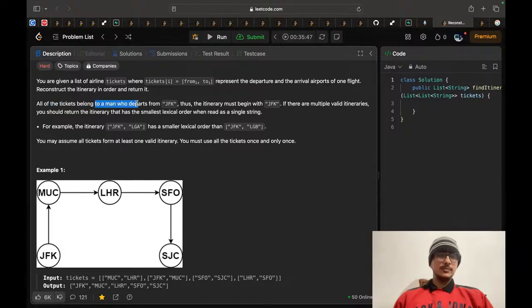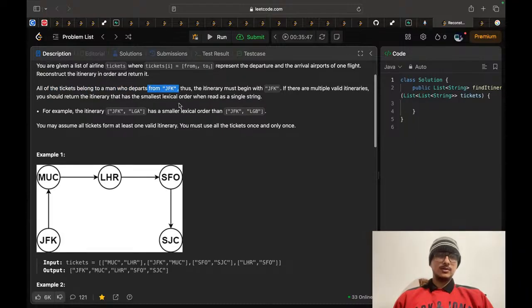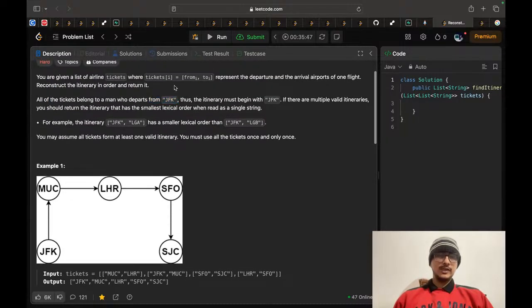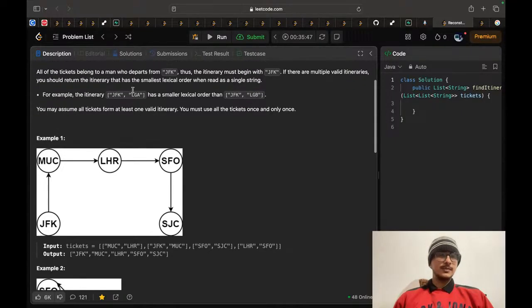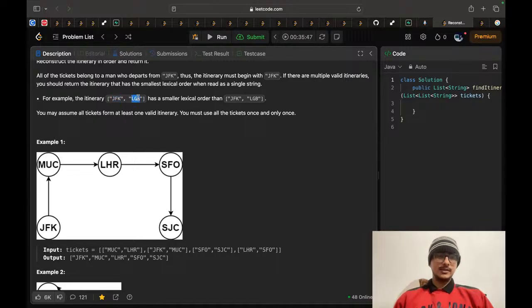All the tickets belong to a man who departs from JFK. So we have tickets from this position to this position, and initially the man will depart from this particular position. Thus, the itinerary must begin from JFK. If there are multiple valid itineraries, you should return the itinerary that has the smallest lexical order when read as a single string. For example, itinerary JFK LGA is smaller in lexical order than this particular one,